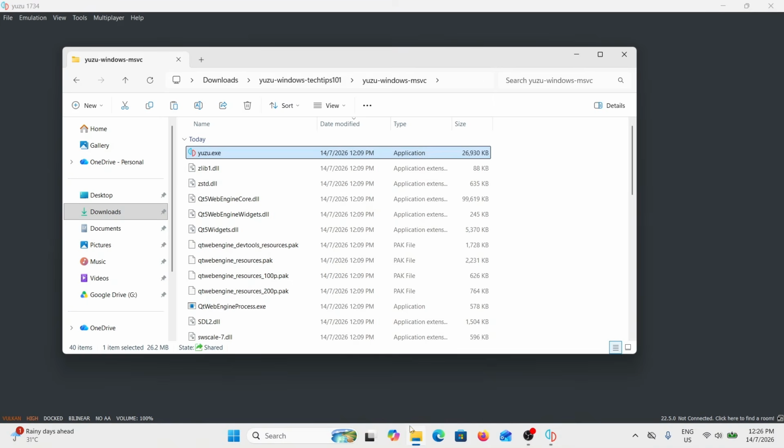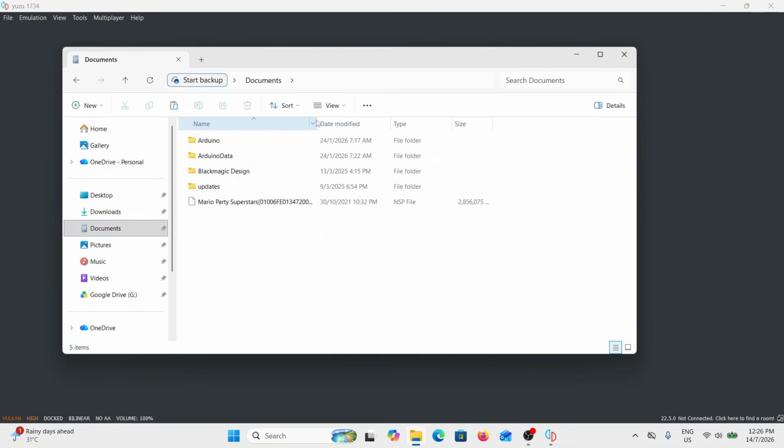your games to play, you need to locate your NSP file. So this is an NSP file of Mario Party Superstars. You can try to find your NSP files by googling it, because things have changed over the years. Nintendo is being stricter, and it will be harder for me to tell you how to download it. So you can try to download it by searching online, looking in archive websites or anything, but I cannot tell you how. So you can try to find it on your own, try to Google and get yourself